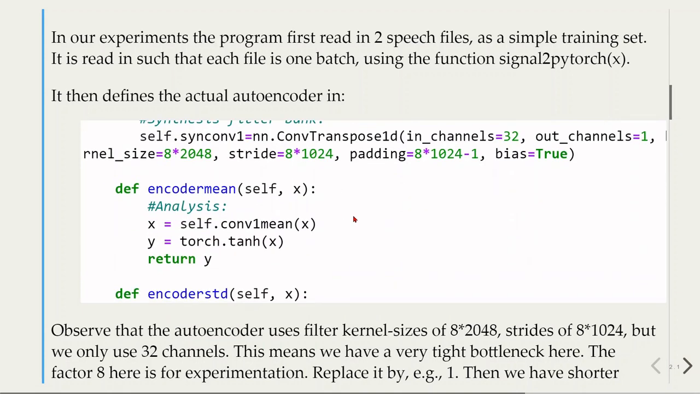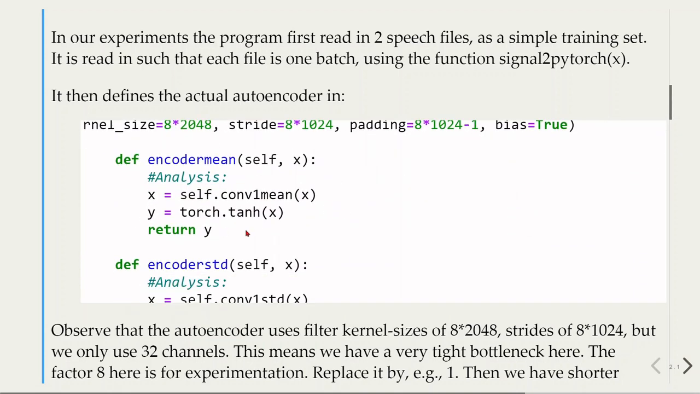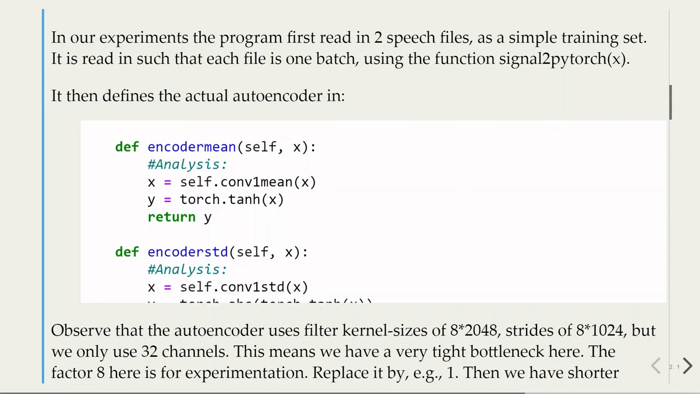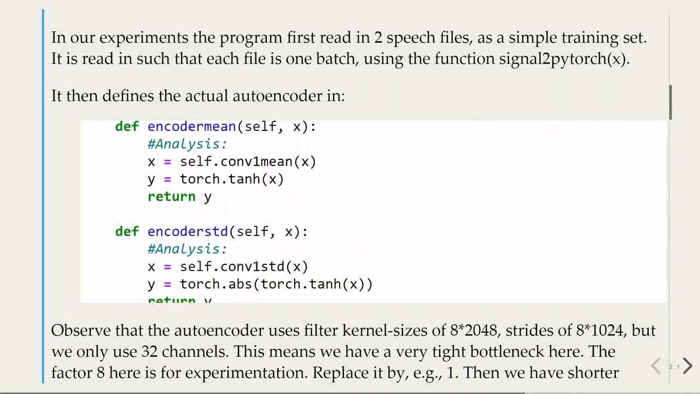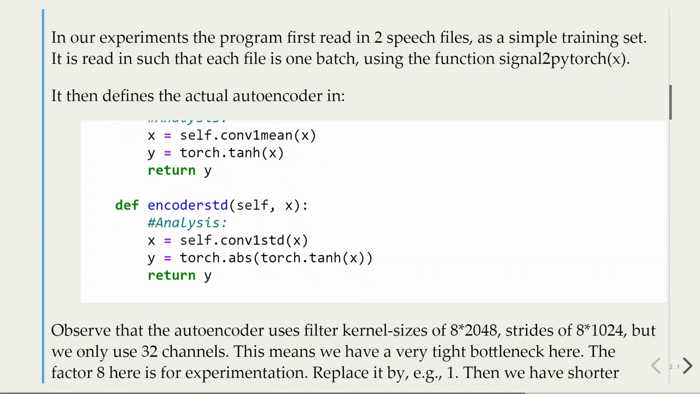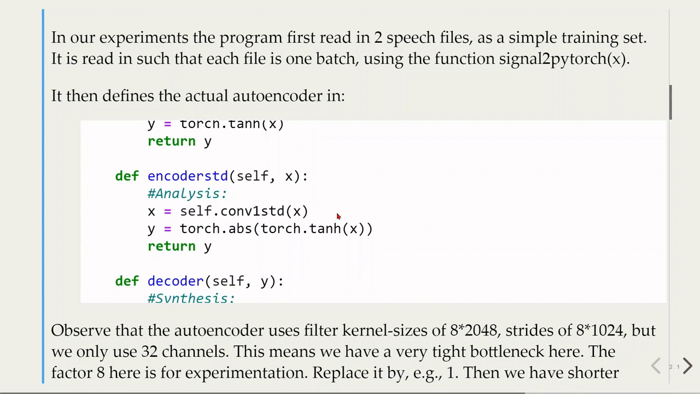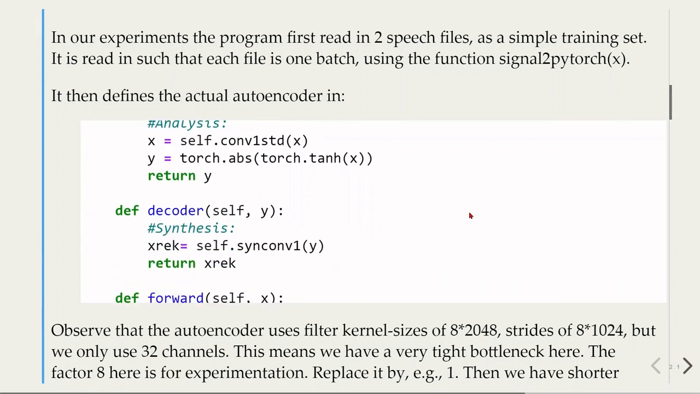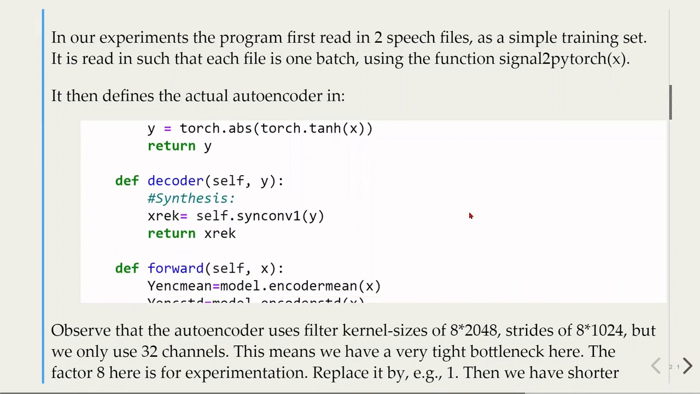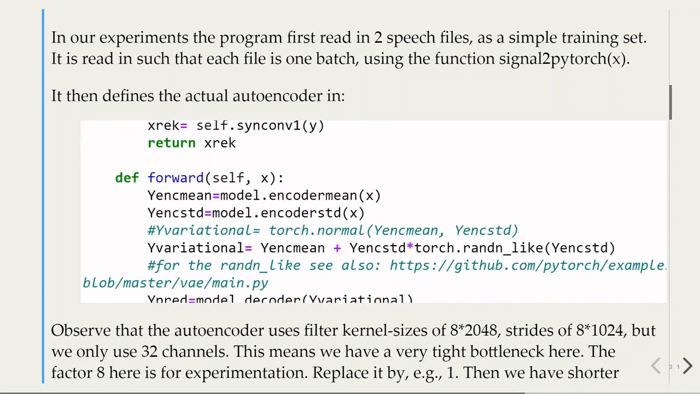Then we have our encoder mean. We are also using the tanh as activation functions. So remember that our values will be from -1 to 1. Then we have the encoder standard deviation, and in this case we are having an absolute value together with the tanh, so now we will only have positive values. This is for the analysis. Then we have the decoder, and we have our forward method,